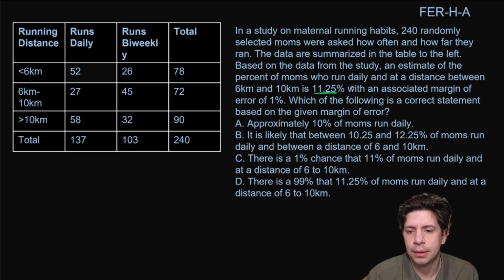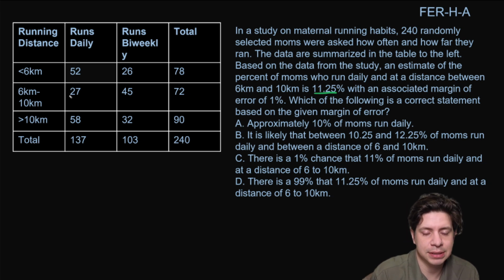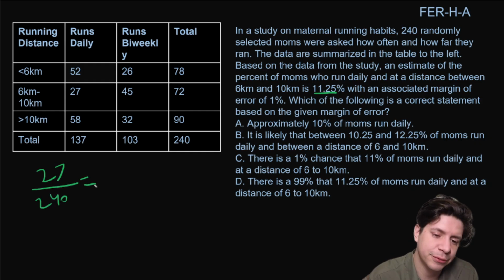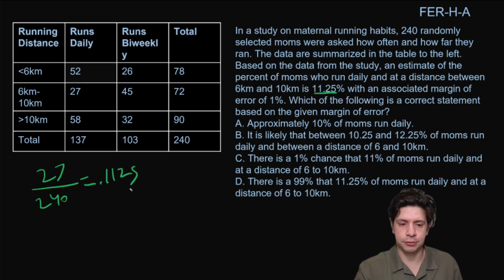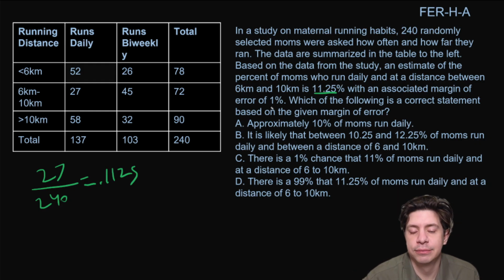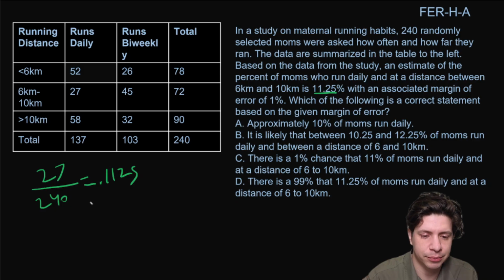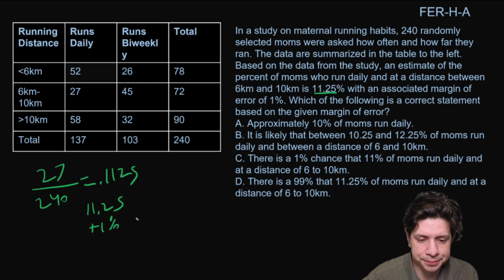So who run daily and at a distance between, so they run daily, so it's these people, right? So it'd be 27 out of 240, and they're telling us it's 11.25%, and normally you can trust them, but if I did the math on this, I would get 0.1125. Okay, and then it has an associated margin of error of 1%, which isn't really going to be written here at all, so we just add and subtract 1%, so we have 11.25 plus 1%, 11.25 minus 1%, and we'll get